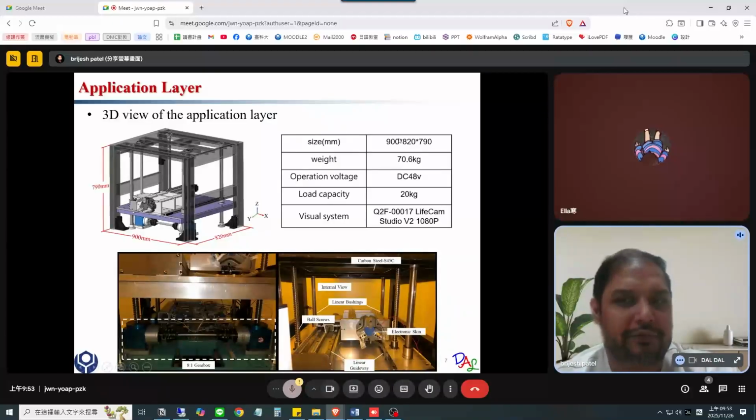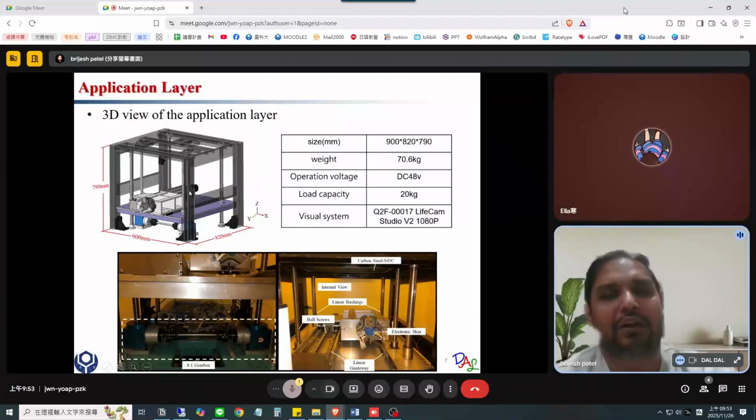The total weight is 70.6 kilograms, and the loading capacity is 20 kilograms. We made the application layer, which can host a loading capacity of up to 20 kilograms. You can see there is an electronic skin and a linear guideway which gives to-and-fro motion to put